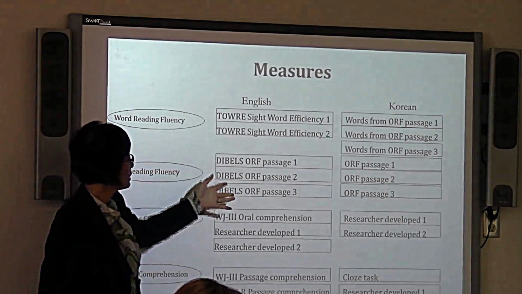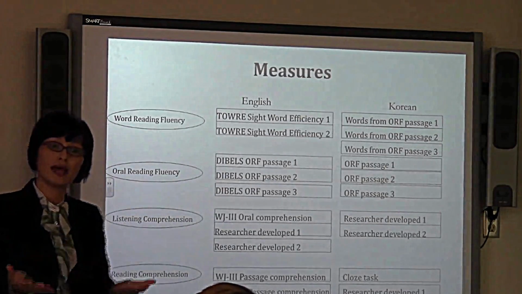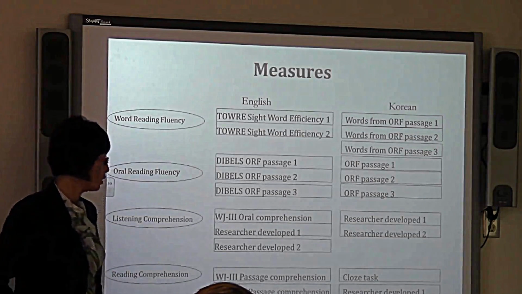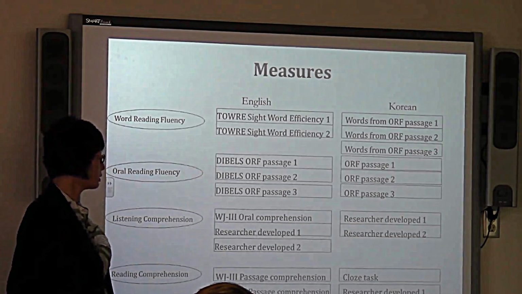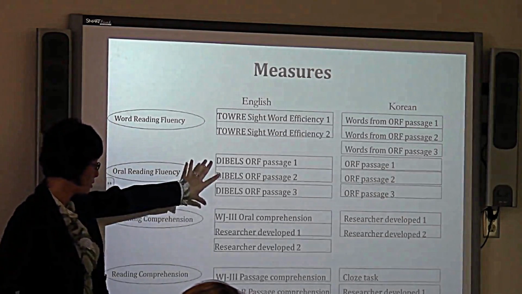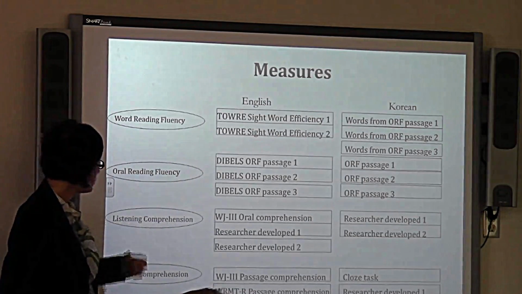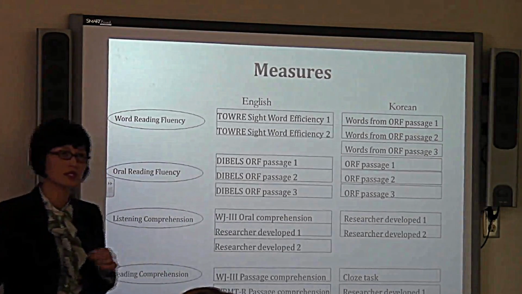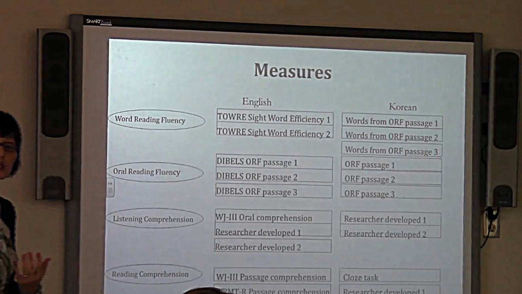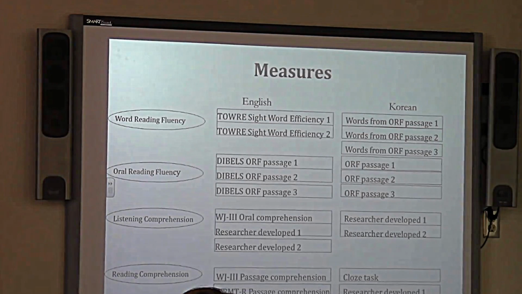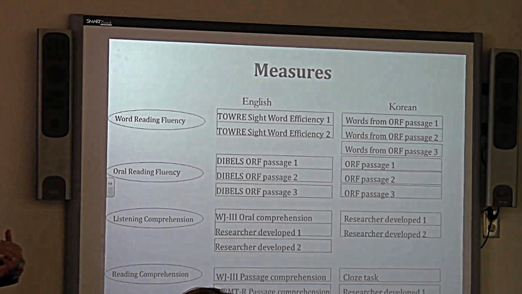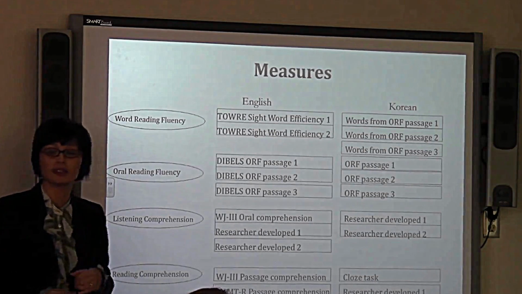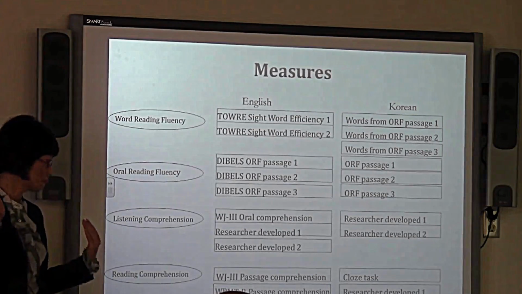Oral reading fluency was measured by Dibels oral reading fluency, where you're given a passage. The child is asked to read the passage as fast and accurately as possible, and the number of words they read correctly in 1 minute is the score, and we had 3 passages. Listening comprehension was measured by Woodcock-Johnson oral comprehension. That's an oral cloze task. Children listen to a sentence with a missing word and are asked to provide the right word. So for example, if I said, people sit in,